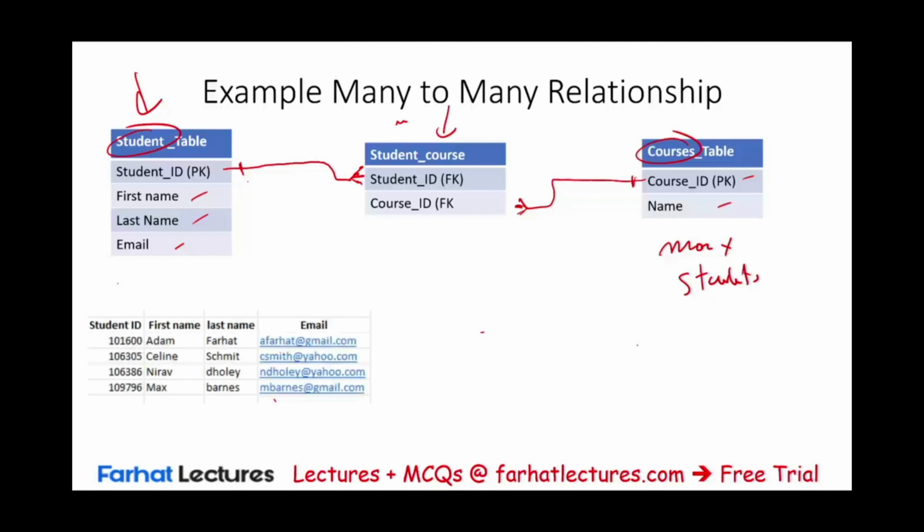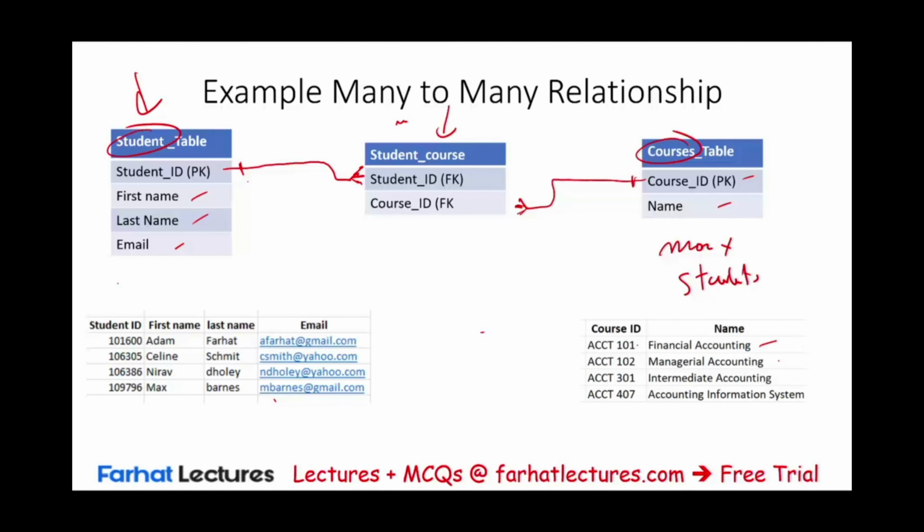Now let's take a look at this. Rather than using table names, let's look at real names. So we have 4 students here: Adam, Celine, Nirav, and Max. And we have 4 courses: financial accounting, managerial accounting, intermediate accounting, and accounting information system. So what would the table look like? Well, basically we have a combination of what we need. For example, Adam,